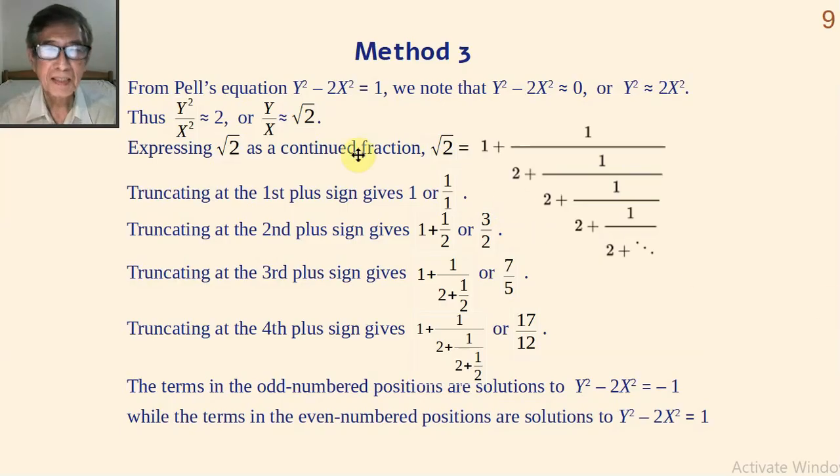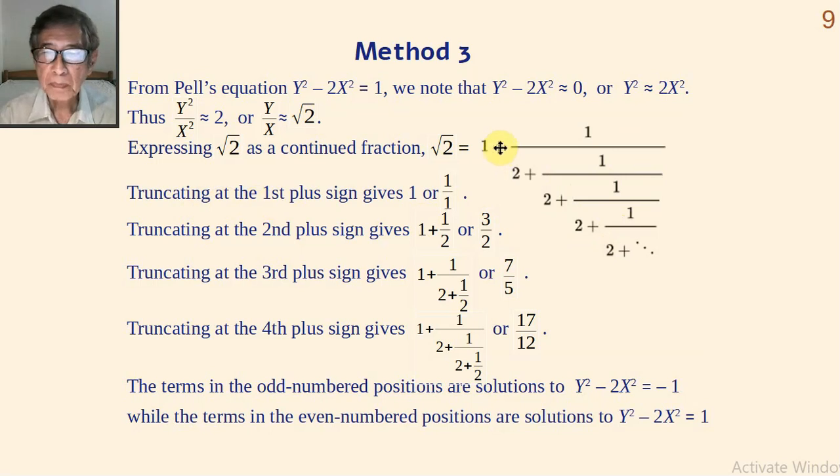Method 3. From Pell's equation, we know that y squared minus 2x squared is approximately 0, or y squared is approximately 2x squared, or y squared over x squared is approximately 2, or y over x is approximately root 2. Of course, y over x cannot be exactly root 2, but it should be close to root 2. So expressing root 2 as a continued fraction like this,